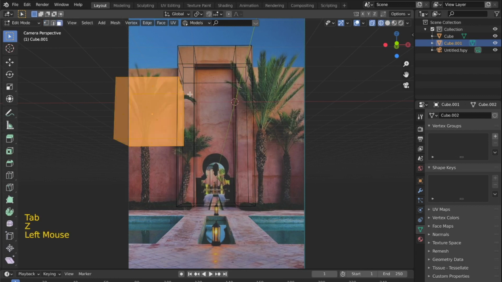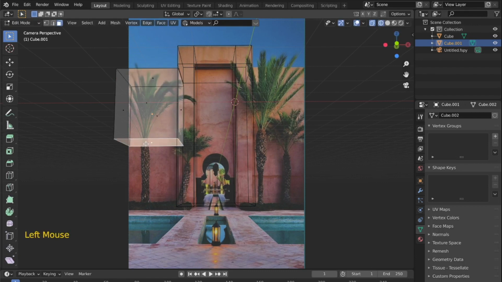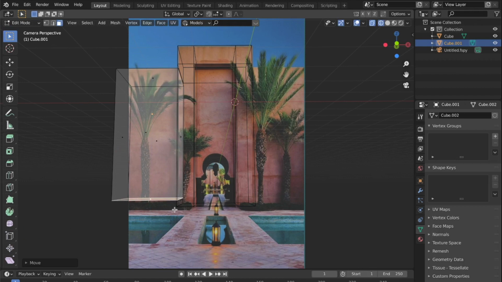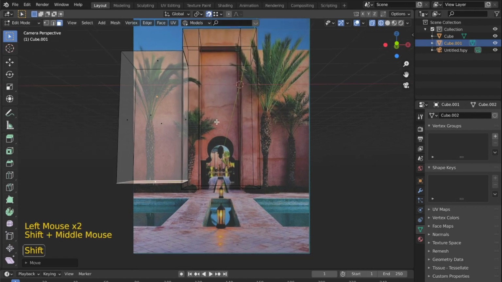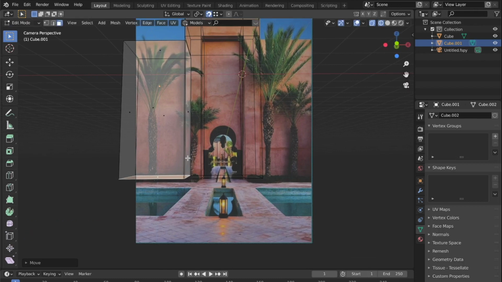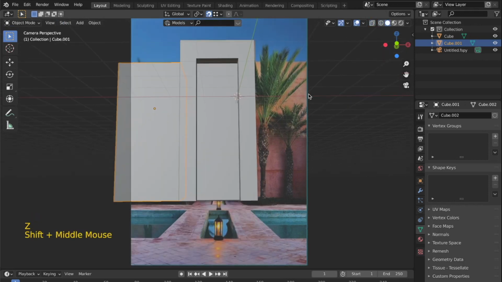Now in the camera view, I will just select this face, move it along the z-axis, and then select the bottom face and move it along the z-axis again so that they are aligned. Now to align them perfectly, you can select this snap function over here, and then in this you can select this vertex mode. Now when you press G and then press Z, it will snap it to the nearest vertex, which was this one. So we are done with this now. Now we don't have to model this again.